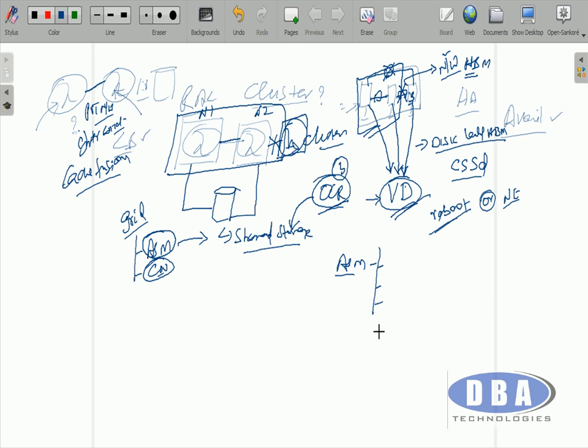Any disk group that you create in ASM must have one of the redundancy levels. One is external redundancy. As we all know, external redundancy means zero redundancy, no duplicate copy, only one copy will be there. Normal redundancy, two copies. This supports redundancy, one copy. If one goes down, again storage level redundancy, storage level availability.